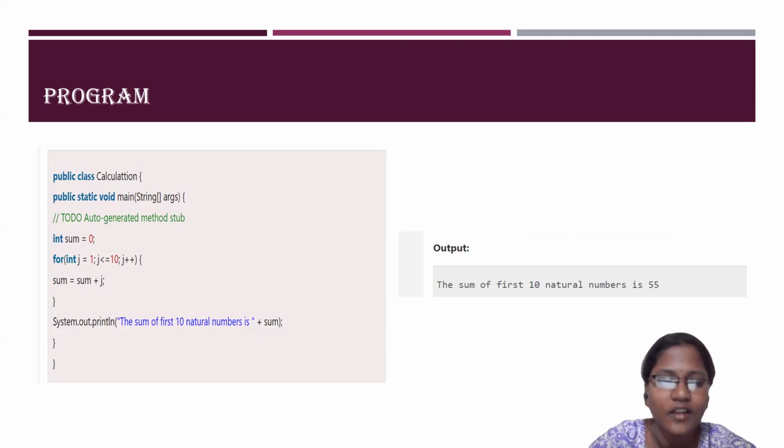Then it will print the sum, the sum of the first 10 natural numbers is this sum, and the output of this code is 55, so it will print the value as sum of the natural numbers is 55. Next,